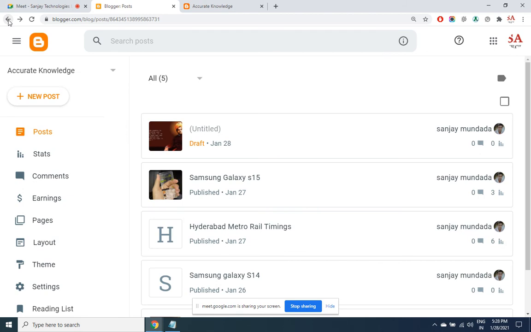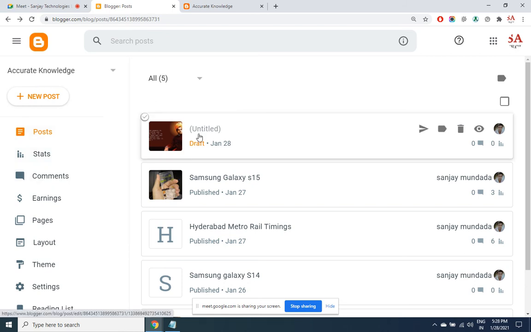Now the copy of the image which is there in my system is present on the Blogger server, so I don't have to be dependent upon any other website. Even for the Samsung image that we took the URL from, better you right click and save that image in your system, then upload that image in your post. If you want to publish it, you can, or you can leave it in draft mode also. Both ways it will work.